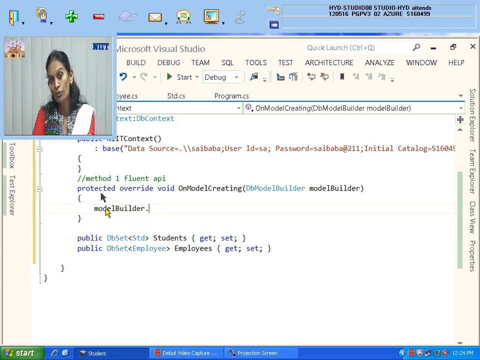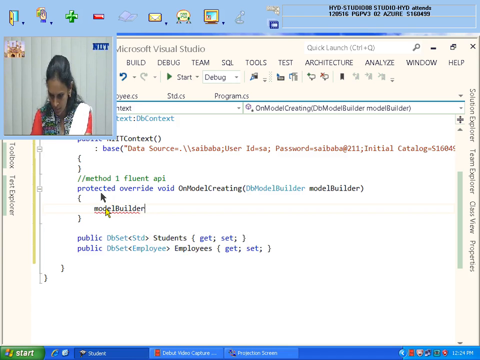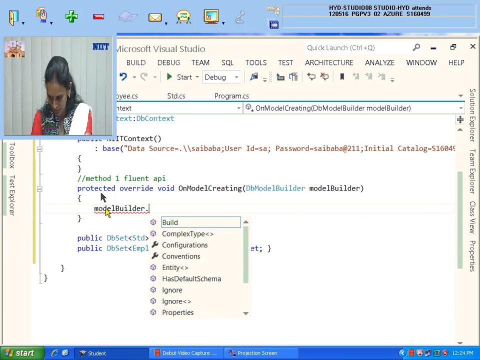So what do you want to do, which table's data do you want to see here? So two tables, no? modelBuilder dot. To table, why am I not getting it, wait.